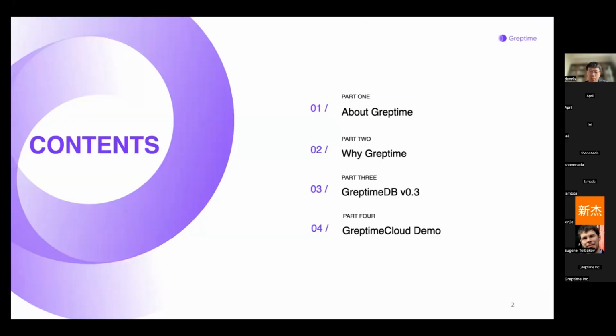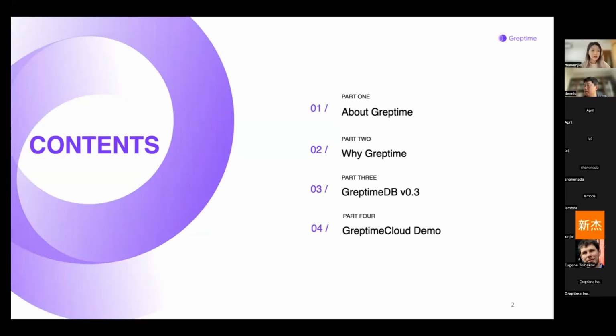And today's meeting is divided into 4 parts. First, our CEO, Dennis, will introduce who we are, what we are doing, and why we do it. Then he will talk about the designing principles of GreptimeDB, its flexible architecture, high performance, compatibility, etc. For those who have been following us, you probably already know that we recently released GreptimeDB version 0.3.